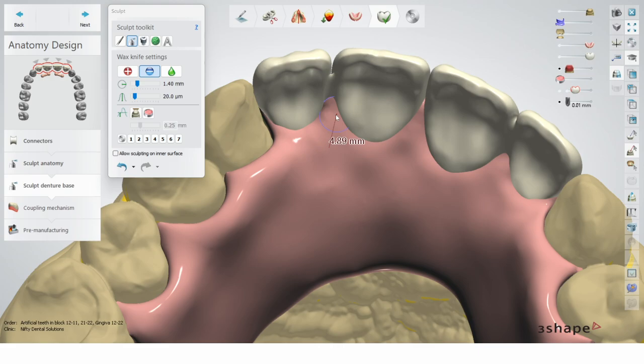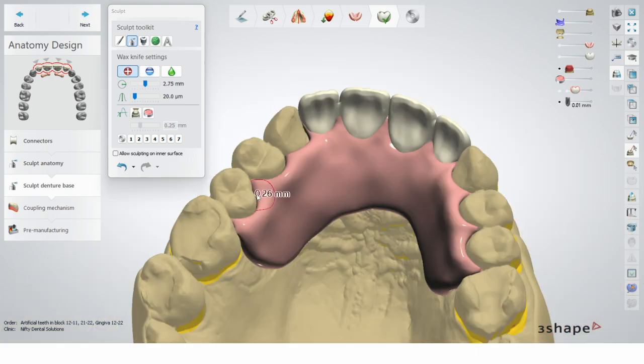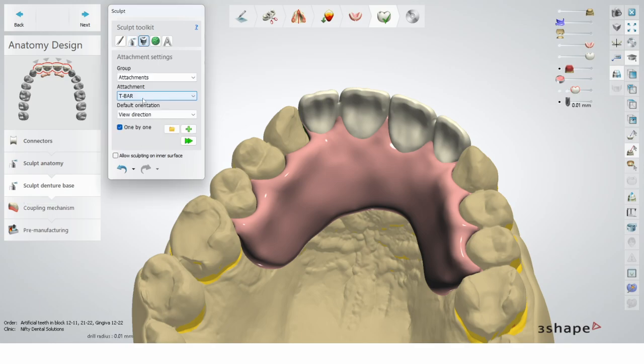So the way to apply them is during the gingiva and denture base design, and it's the third icon there, the attachment. And you can see we have the T-bar ready because we select Lucidon Digital Print. So these T-bars are created for this workflow. Now you can use default orientation or view direction, for example.